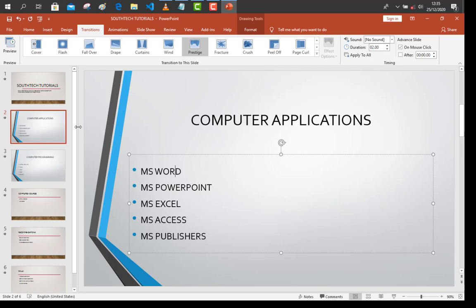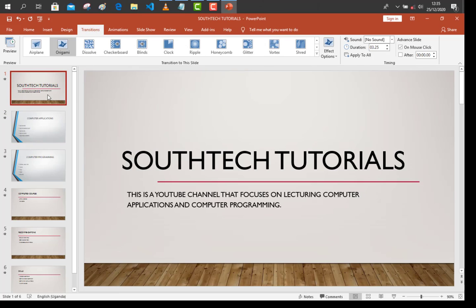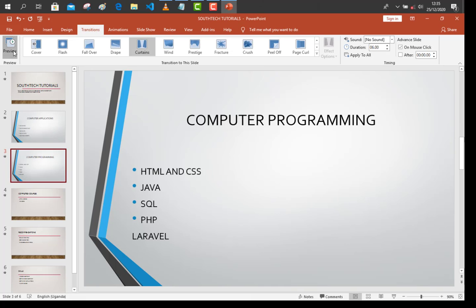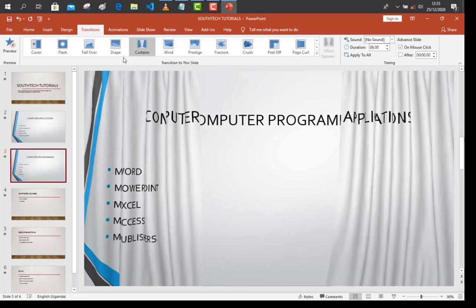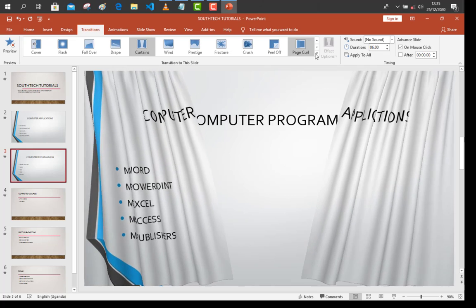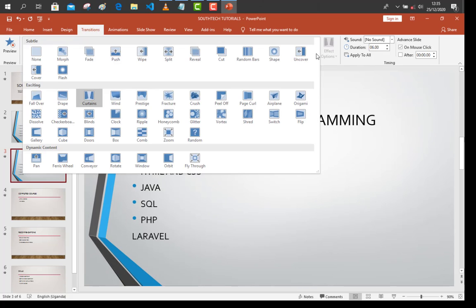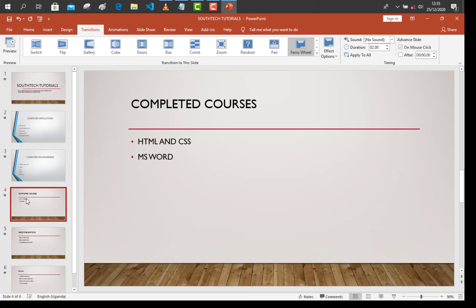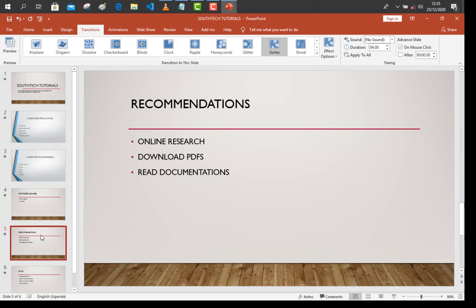So at the moment, you just need to know how you can keep focus on different slides using different transitions. As you have seen, I have given you all the different examples. If you want more, you just click on that and you change. That's also a different transition. That is a different visual effect. And these effects, they really keep the audience following your presentation. So this is all for today, and in the next video